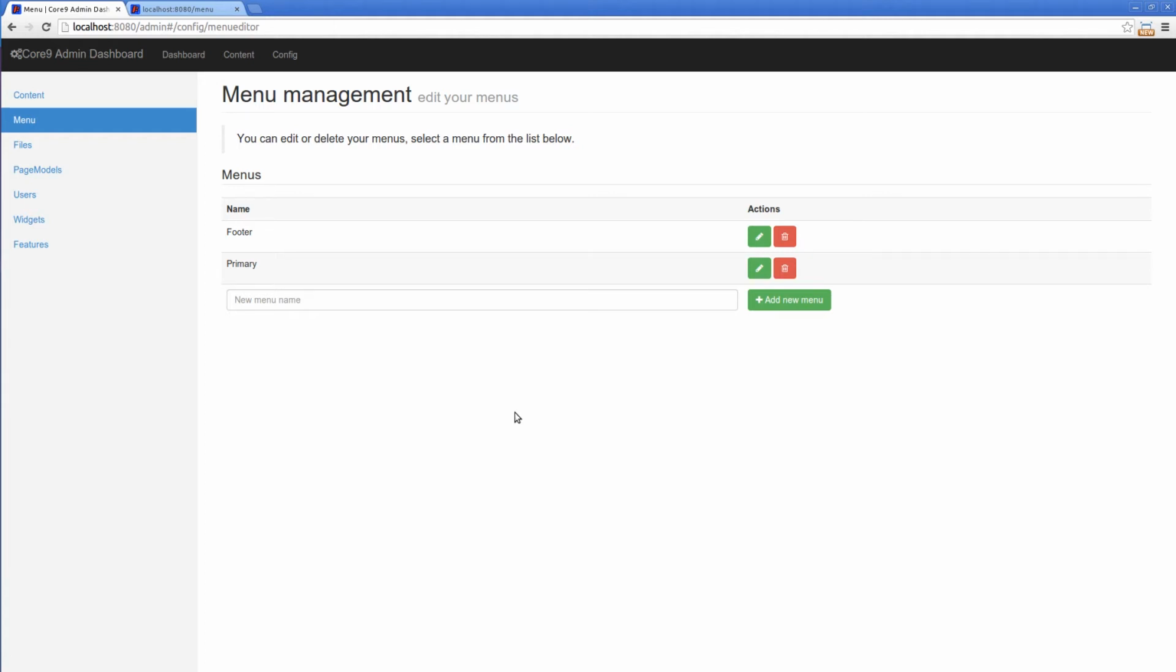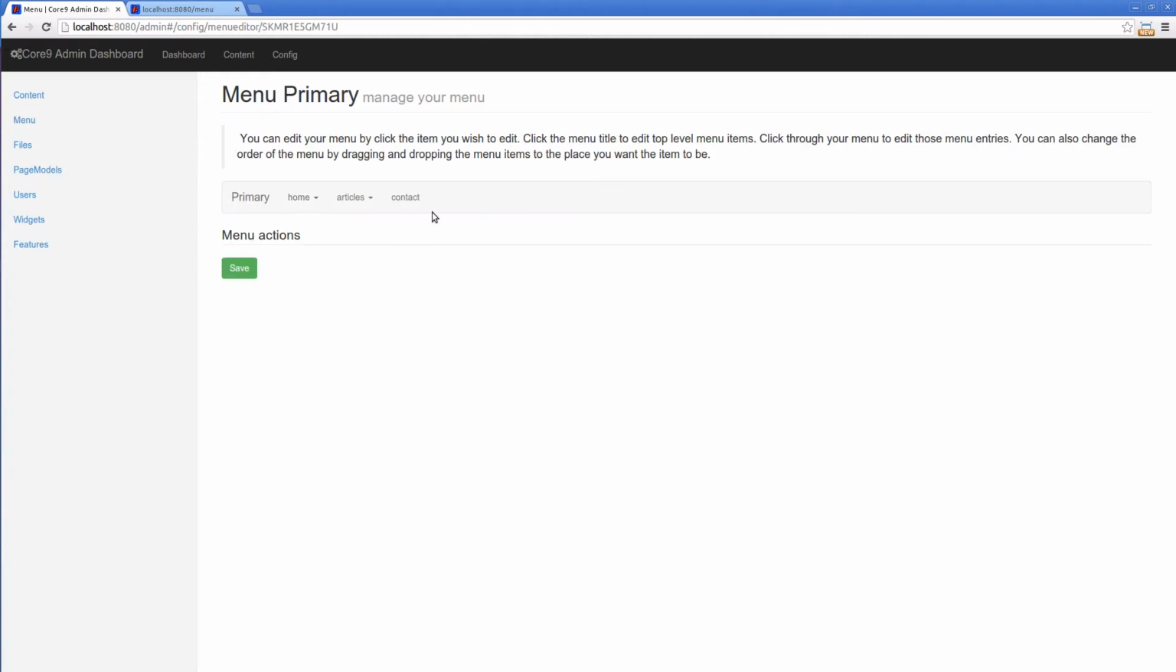Okay, I want to do a quick video on how to create menus. You can make this as simple or as complicated as you want. I'm going to keep it very simple now, but give you a quick look at what you could do. So first you go to config, menu, primary menu, and again, I'm working with content, so I prepared